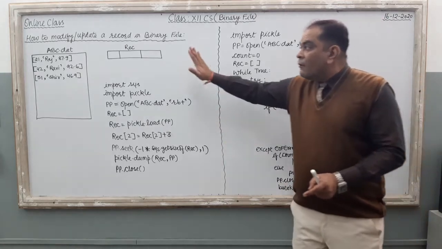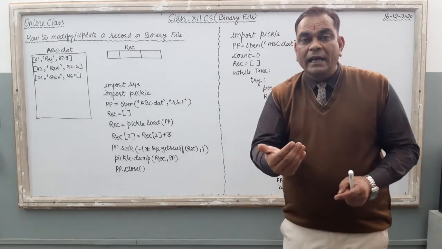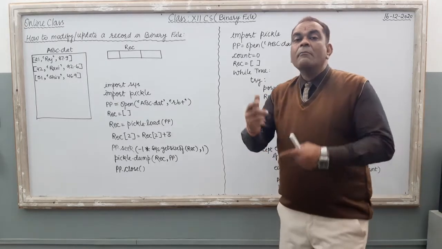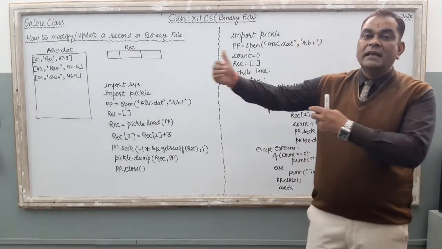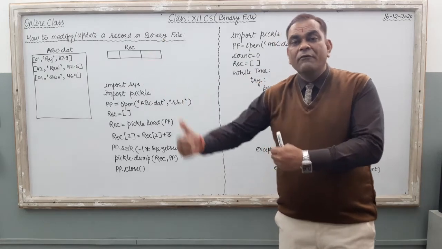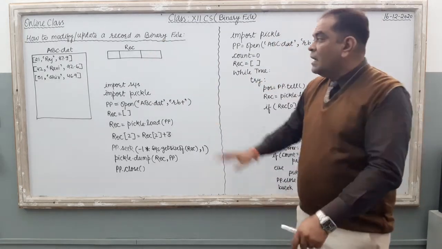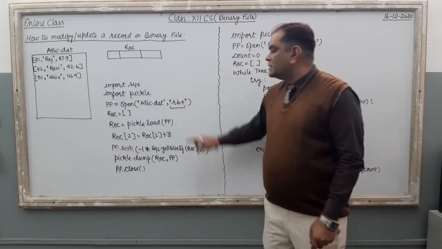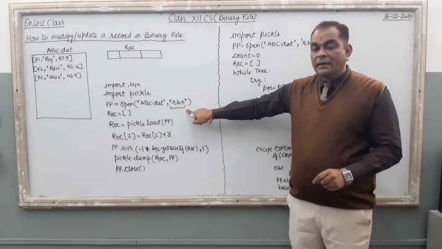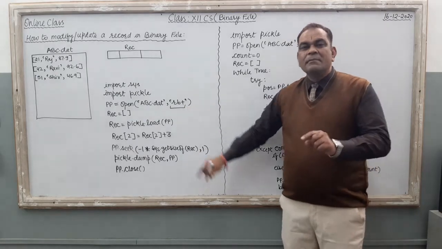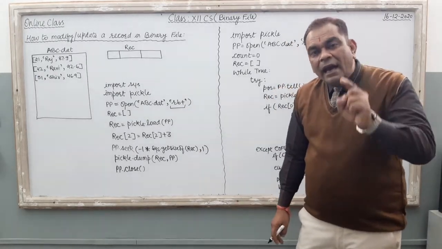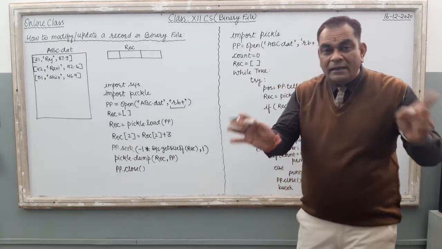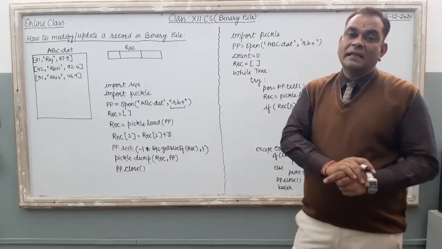And here, for opening a binary file in read as well as write mode, our mode is changed. Previously we worked with the read mode, we worked with the write mode. Now in this topic we work with RB plus mode. Just see, it is the file mode here. RB plus means read and write in a binary file. By this mode you can read the file as well as you can write the data inside the same file.